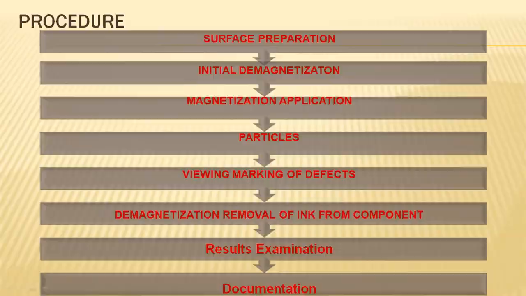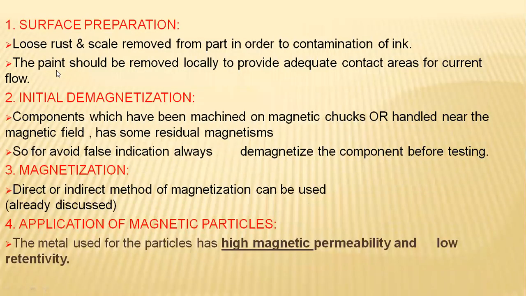So we will discuss one by one in the process what is meant by surface preparation, initial magnetization, actual magnetization, and where we will utilize these magnetic particles. For ferrous materials, magnetization to a small level is sufficient for identifying the entire properties of the material. As we all know, ferrous materials are good conductors of the magnetic field upon passing the electrical power supply.